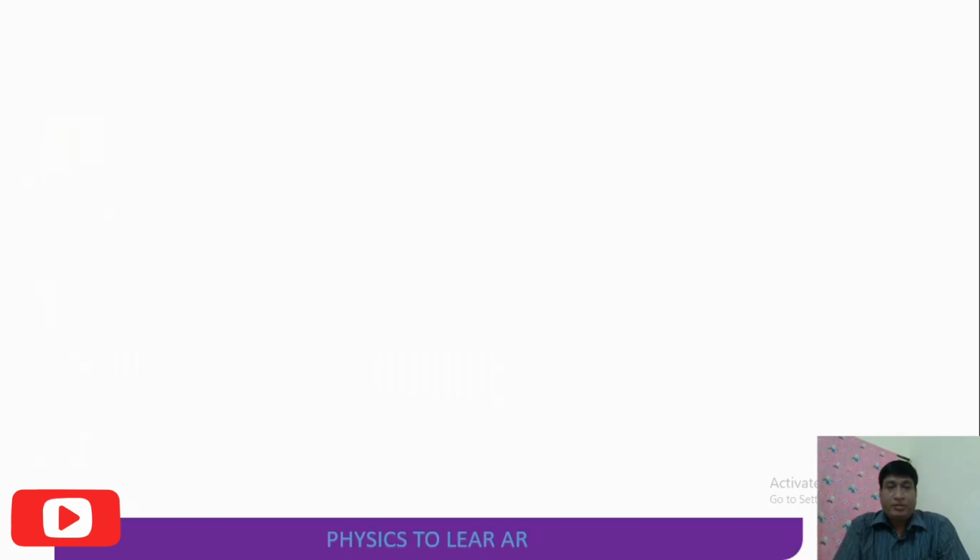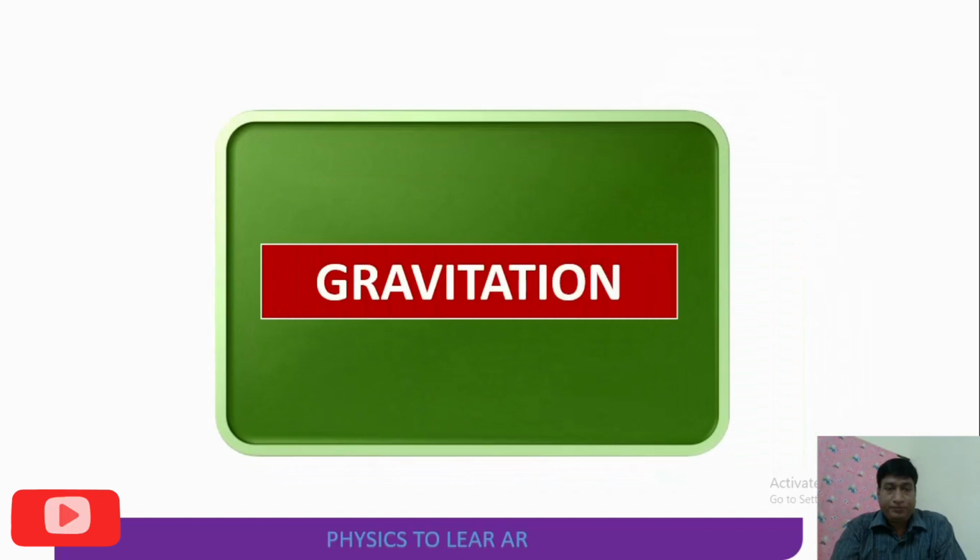In the last class, we discussed the introduction part of gravitation, part 1. So in this class, we are going to discuss the concept of Kepler's laws. So regarding gravitation,